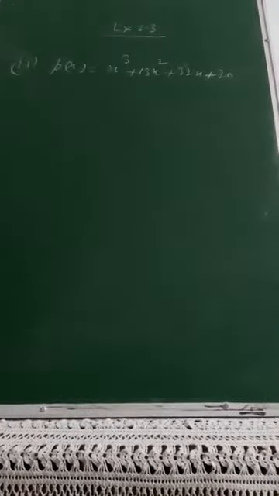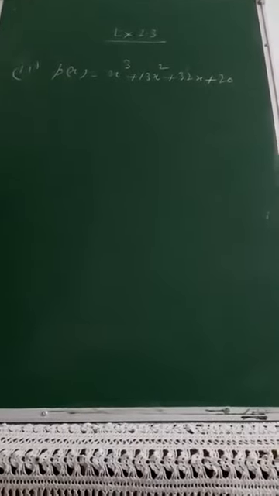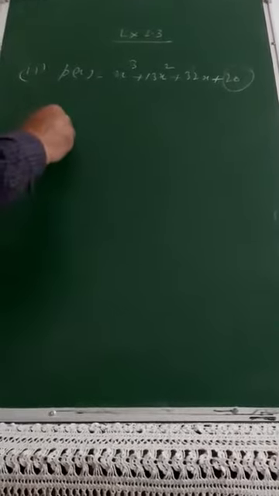And the point I shared with you yesterday was that you can start by putting the values of x onwards, 1, minus 1, 2, minus 2, 3, minus 3, 4, minus 4, and so on. But at the last part of my lecture, I told you that there is a way to keep a watch upon those zeros, how many values we can try. For that, I asked you to keep a watch upon this constant term. Like here it is 20.